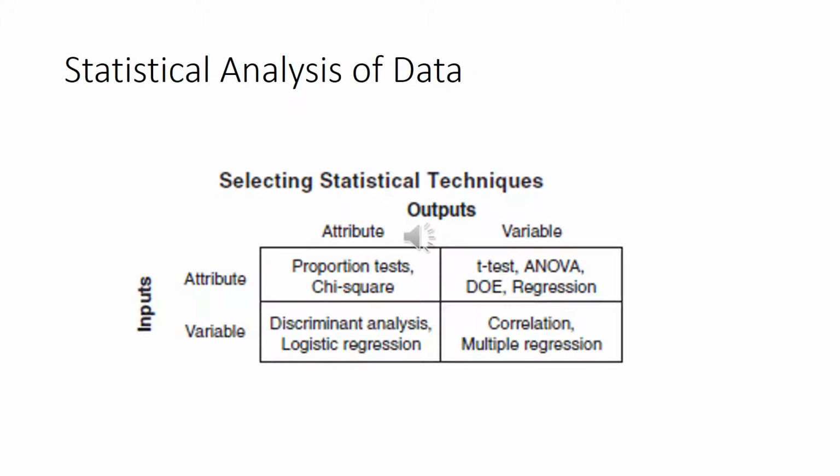So why do we need to know what kind of data we have? You want this chart, and I'm going to post it in the discussion. The way this works, you take your input, let's say it's attribute data, discrete data, and you get, say, a variable output. You can see what kind of statistical test we're going to do. Or if it was a variable input, variable output, you can see the kind of test or technique we're going to do. That's why it's so important. And I don't want to scare you, but this is a clue of what's coming.